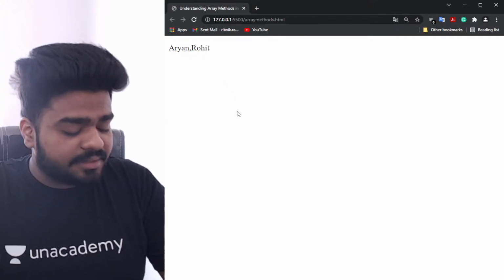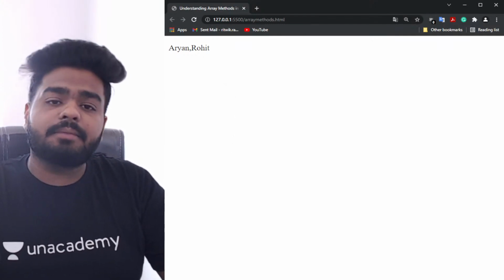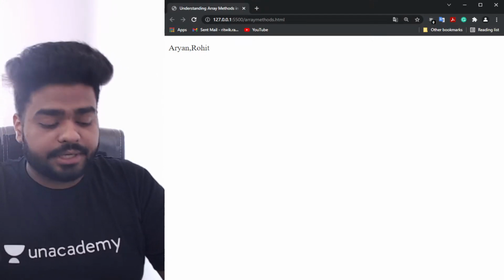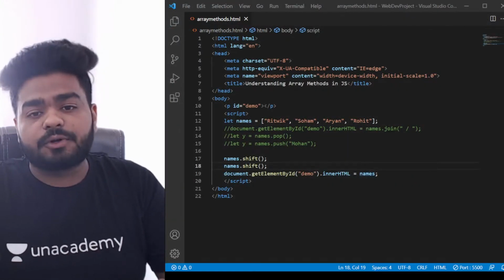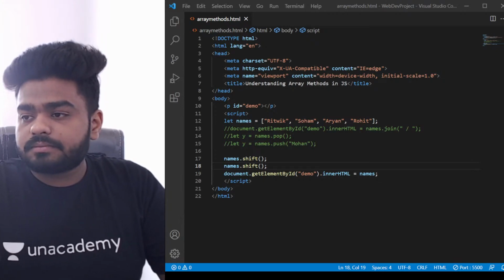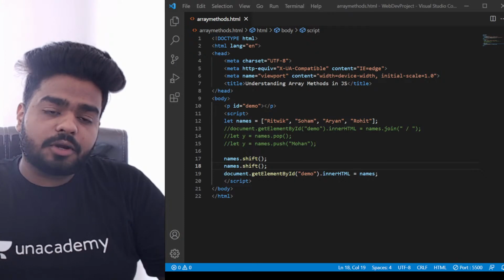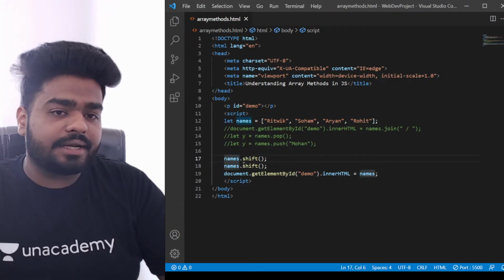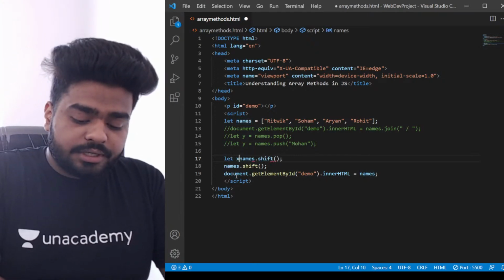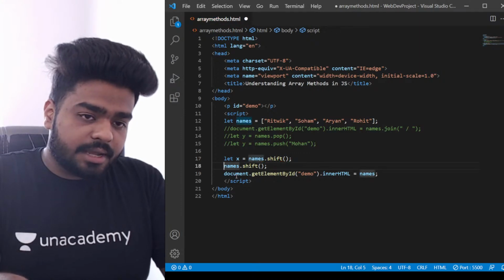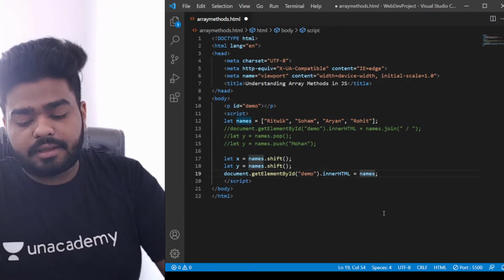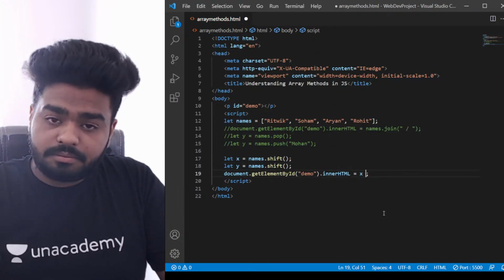Okay, but understand that these are temporary methods, so it is not making my arrays permanently changed. Okay, these are temporary, just for this example. So that is what shift is. Now which particular value has been shifted, that also you can check. Let z equal to, you can do, and you can print z. It will tell you. What if I'm putting here let x equal to, and here I'm putting let y equal to. Okay, here I am putting